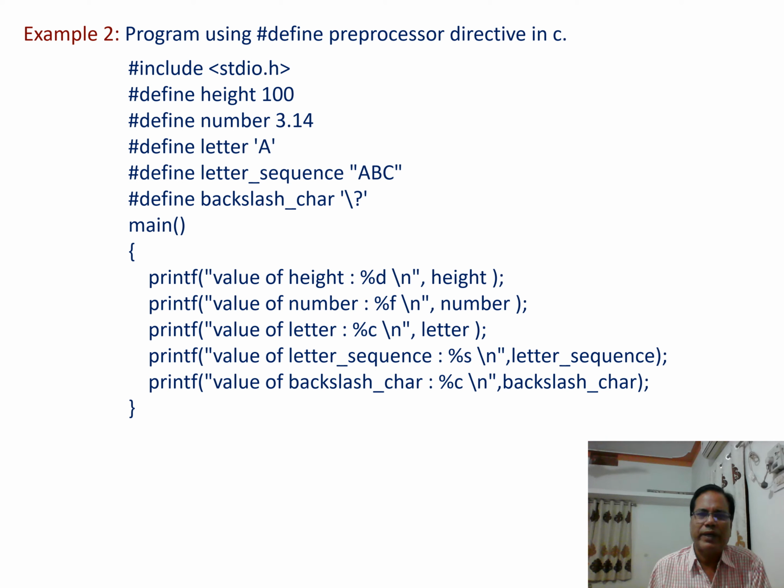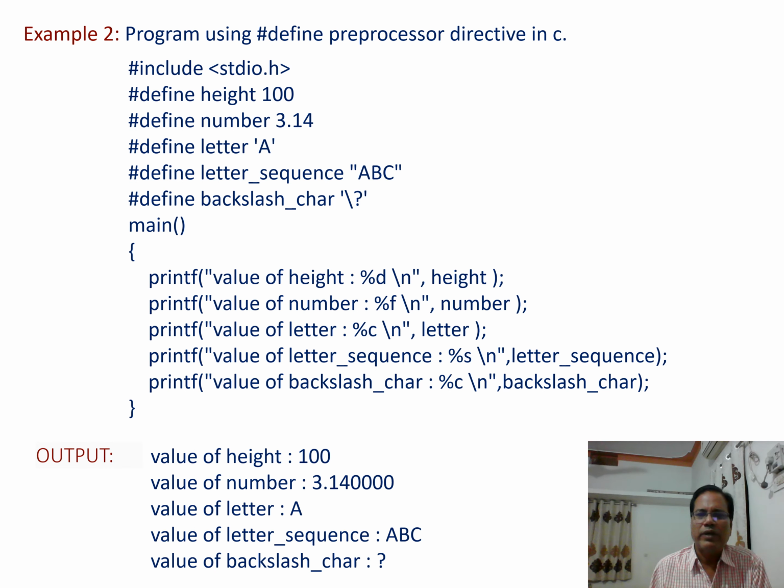In this way, the values are assigned to the C constants using the #define preprocessor directive of C. And when this program is run using the printf statement, their values are printed on the output screen and we get the output